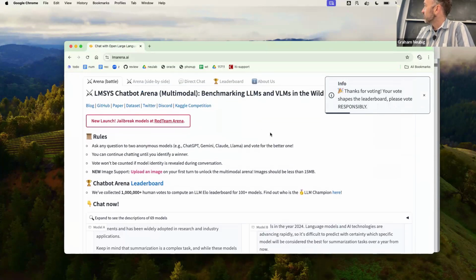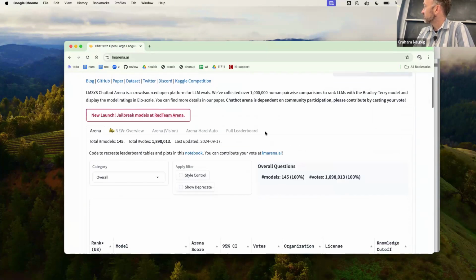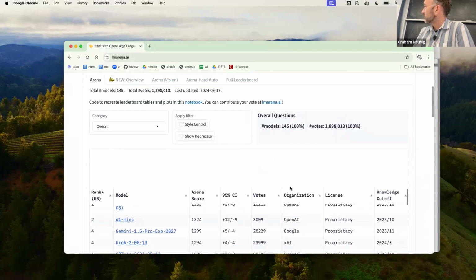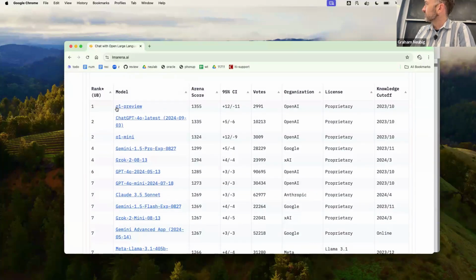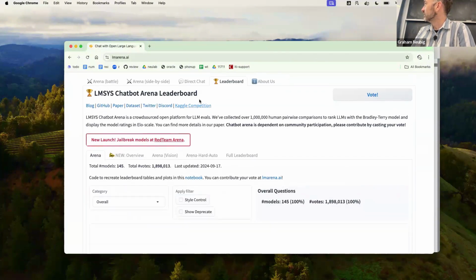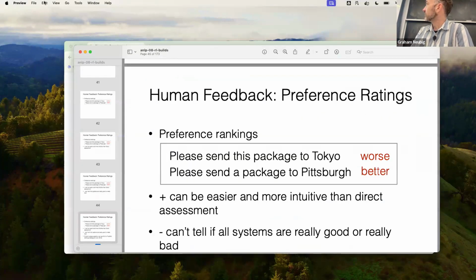But if I say both are bad, and then a bunch of people fill this out, based on this they calculate this arena score, which is an ELO score, normalizing the two, and you can see which ones are the best ones. Actually, as of yesterday or so, they put the new OpenAI models on the chatbot arena, and they're quite good. So you can go in and play with them here and rate them and give thumbs up or thumbs down. Anyway, that's a very common way to create rankings nowadays.